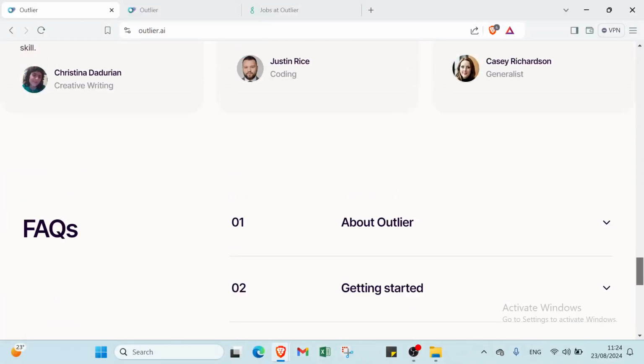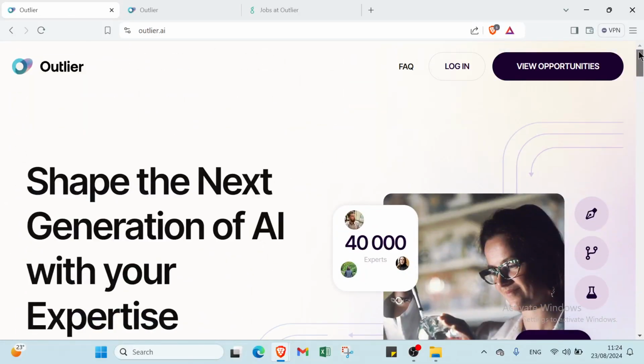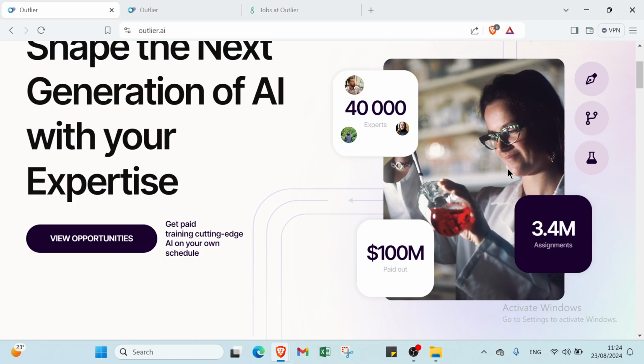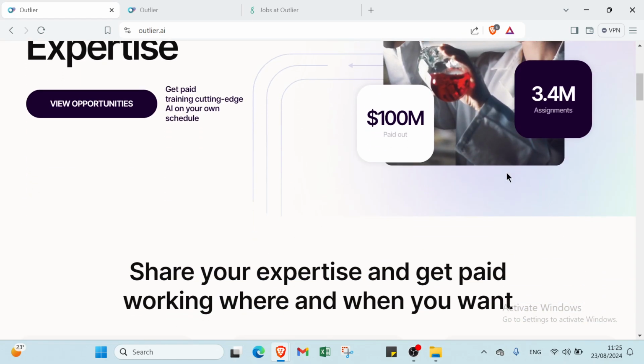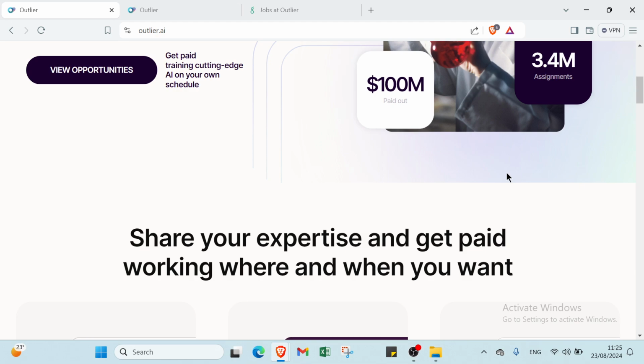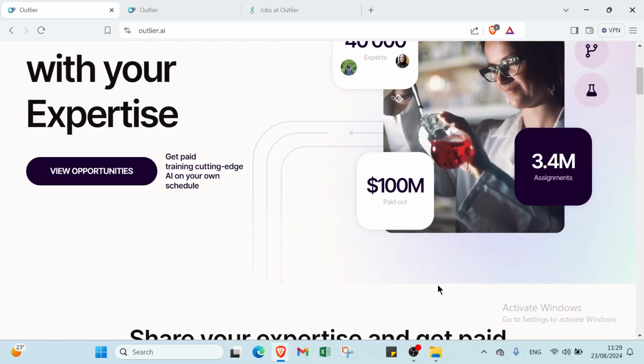we have some questions like what is Outlier. So Outlier.ea is a data analytics platform that leverages artificial intelligence to detect critical changes and anomalies within businesses' data. It is designed to help companies identify unexpected patterns and relationships in their data, offering actionable insights that can improve customer experience and drive business growth. The platform integrates with various data sources such as Salesforce, Google Analytics, and Amazon Redshift, allowing for comprehensive analysis. So that's what is